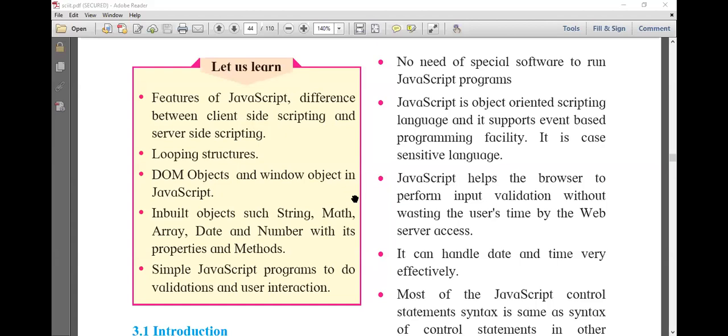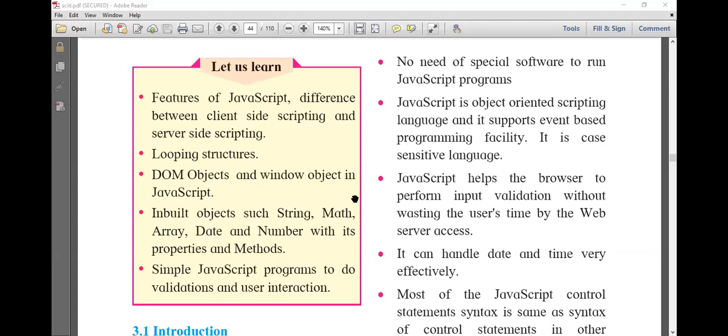How can a user create an object in JavaScript? What are the inbuilt objects, just like string, math, array, date, and number? How can we create these objects? What are the different properties we can use, which are dependent on the inbuilt object? What are the methods we can execute in JavaScript related to objects?